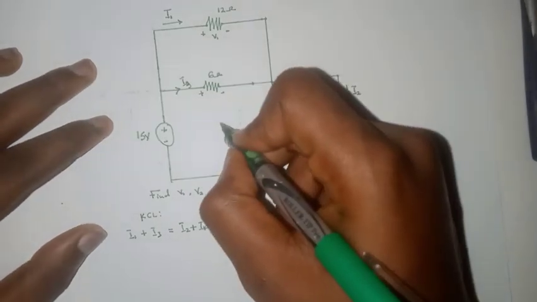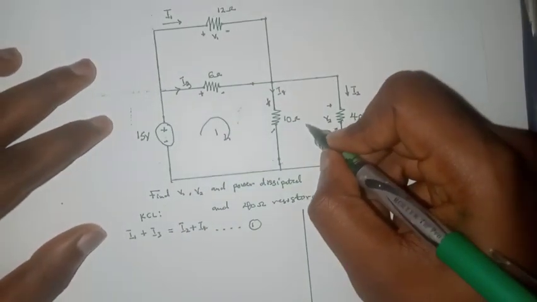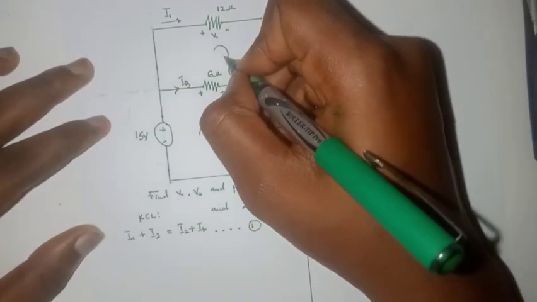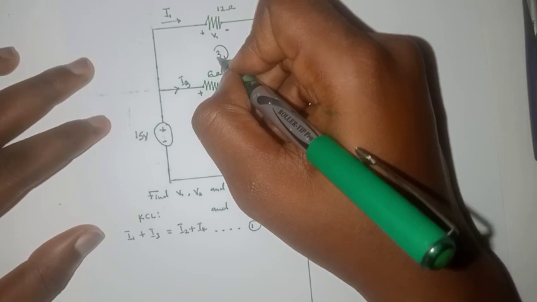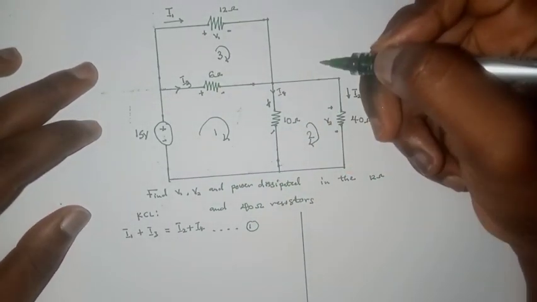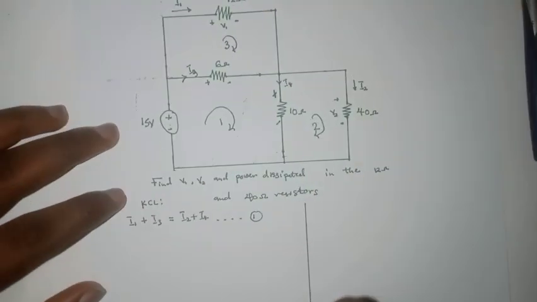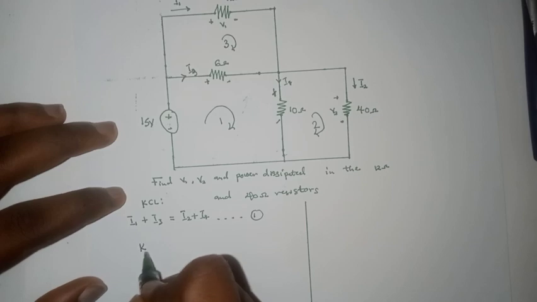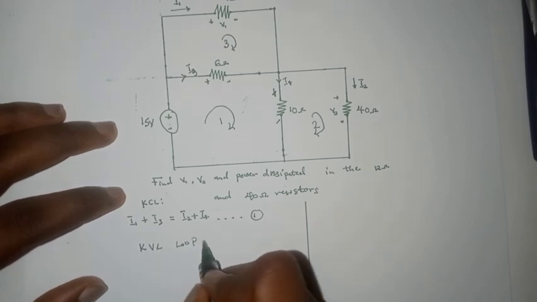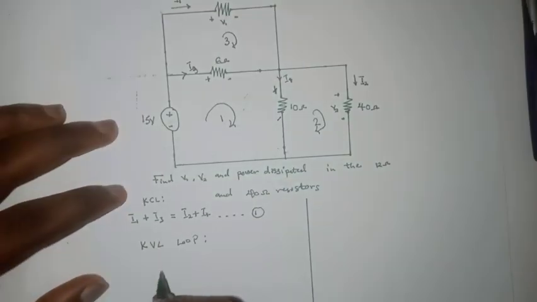Also, we can identify three loops in this circuit. The first loop 1, loop 2, and loop 3. We can write the KVL in each loop. And let's write the KVL in loop 1. KVL loop 1. That would be, starting from here, we get